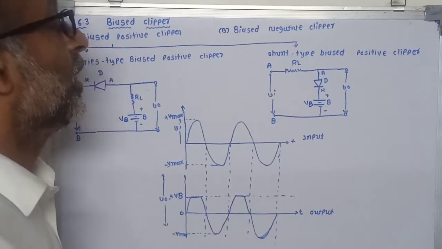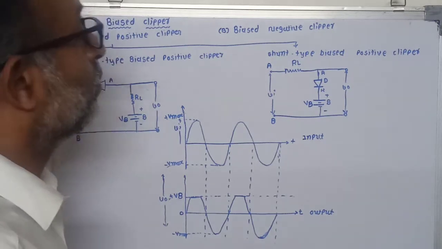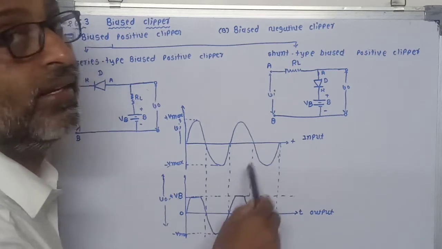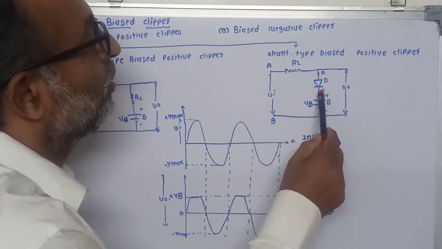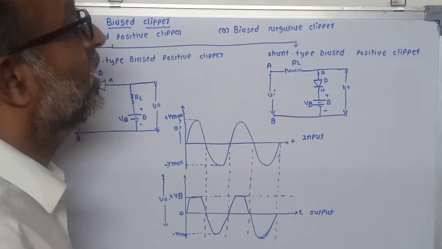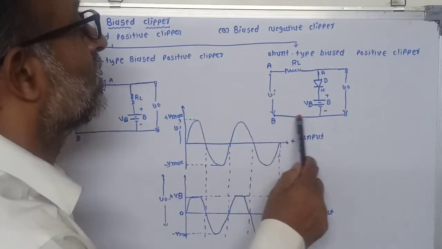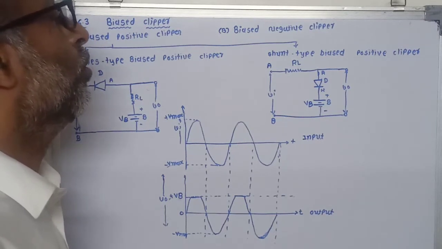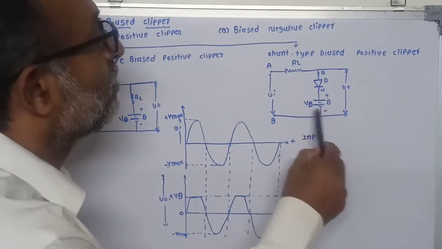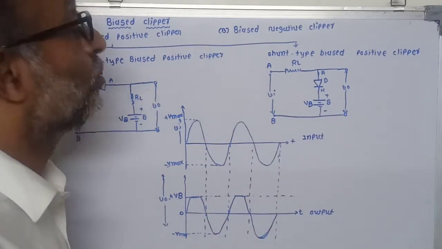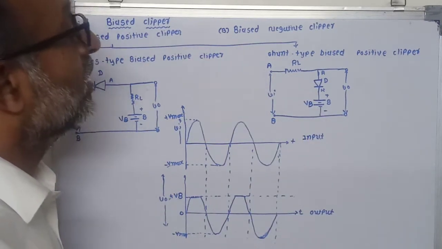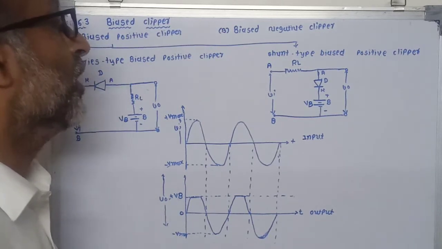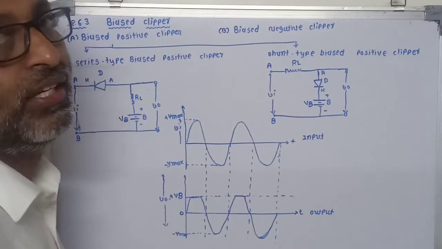Now during the negative half cycle of the input signal, terminal B is positive compared to terminal A. Now this B terminal is connected to the anode and the A terminal is connected to the cathode. So here this diode is in reverse bias condition, so it acts as an open circuit, and due to this the battery also acts as a reverse bias. So here the diode is reverse biased due to the input voltage as well as the battery voltage.